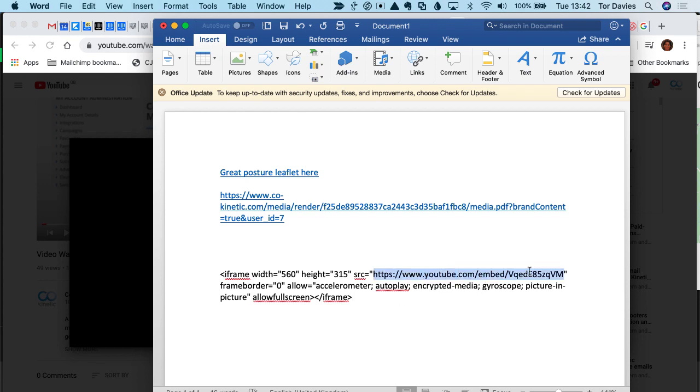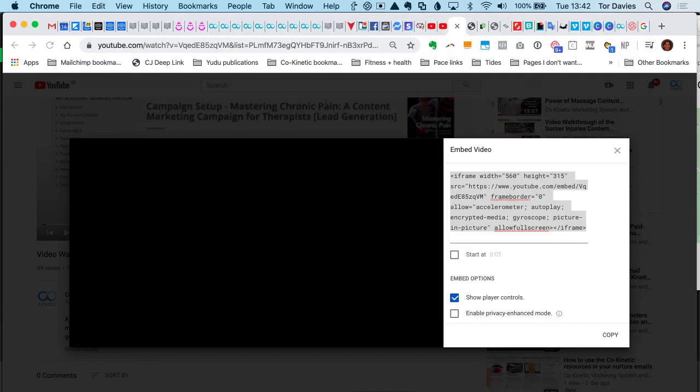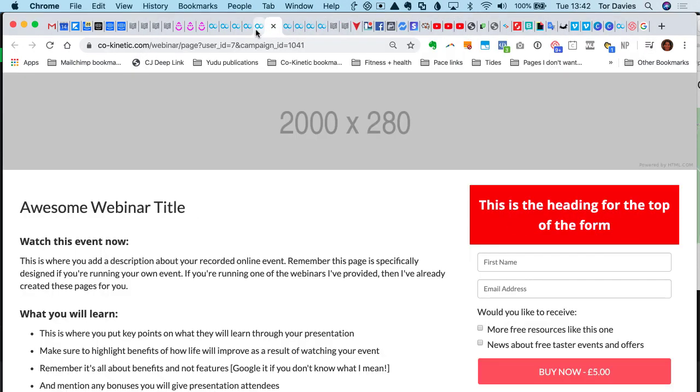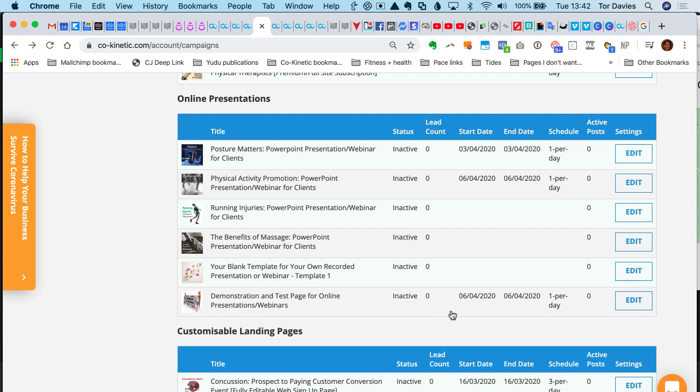And this is the URL that you want, without these speech marks. So that is the URL you are going to paste into Co-Kinetic in the right place. Let me just do this as an example. I'm going to copy that code in, and I'm going to nip to, well, I can't remember, sorry, you're going to have to bear with me a minute, to one of these pages, and I'm going to chuck it in